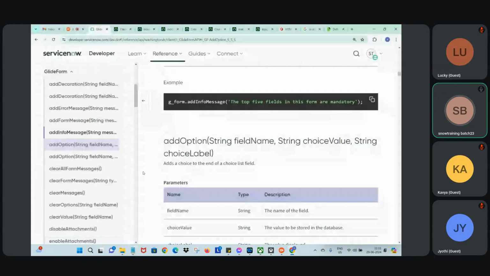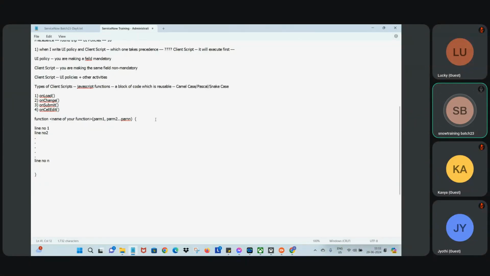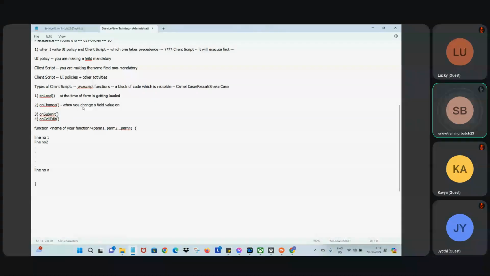Now, these are the types of client scripts, right? You need to understand what is onLoad. OnLoad means, you already know, at the time the form is getting loaded. That means initially when the form is presented to the end user. Okay. onChange means when you change a field value on a form,